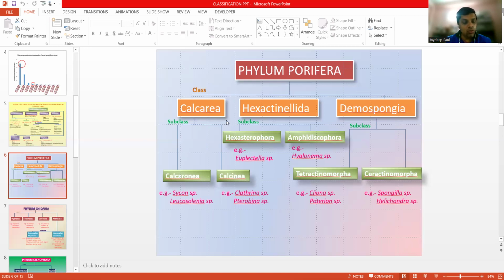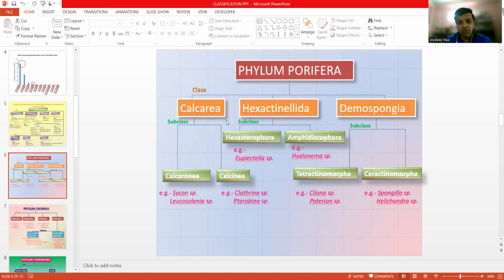The spicules are monoaxon or tetraaxon, but never six-rayed. Symmetry is asymmetrical, shape irregular, and the canal system is much more complicated than the other two groups. Spongocele is totally absent, and you can actually find out that there is no such single large body cavity. It is completely separated into small networks.